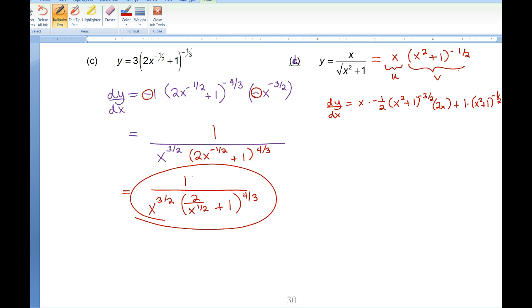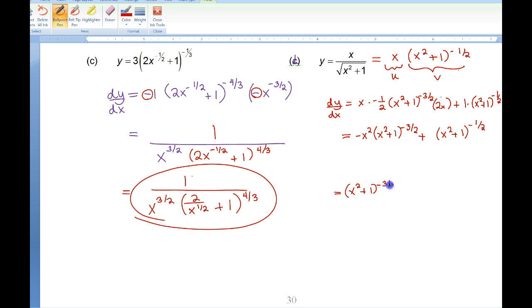Okay, maybe before we factor out, let's just see if we can clean any of this up. There's really not much we can do. We would get a -x squared times x squared plus 1 to the negative 3 halves, and then this is just plus x squared plus 1 to the negative 1 half. I'm going to leave some space here. Again, I know we were having a little trouble with factoring out negative rational exponents. It's a little confusing. So if you look at the negative 3 halves and the negative 1 half, we want to factor out the one that has the smaller power. That's the negative 3 halves. So if I take out